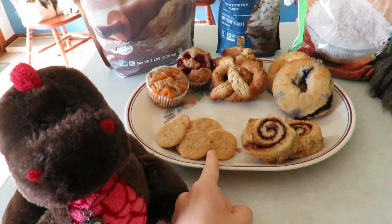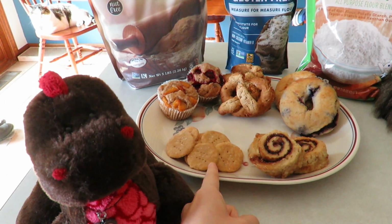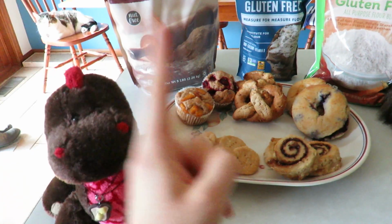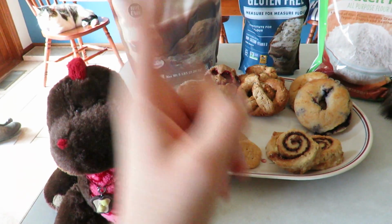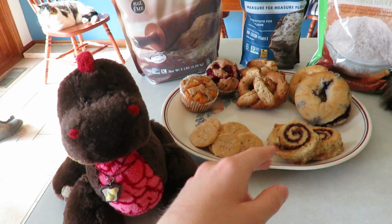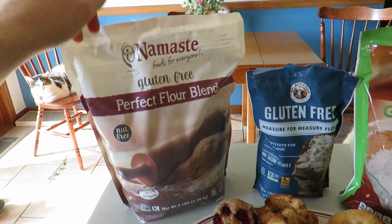So I'm surprised my mom hated the crackers so much. I'm not particularly crazy about them, but I also don't hate them. She's got me a lot of gluten-free crackers before, and I found all of them to be absolutely disgusting, so this is less disgusting. Which is another thing, I know this one tastes the best, and I know it was